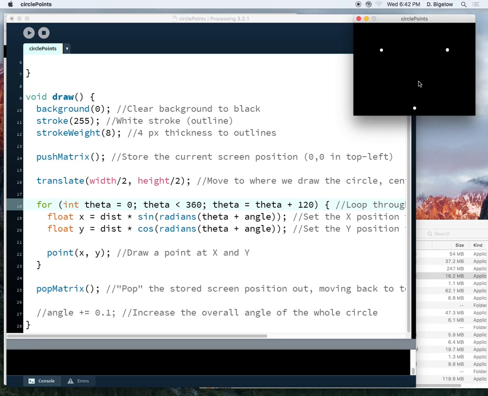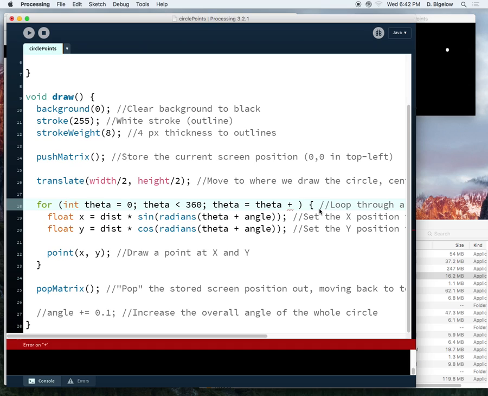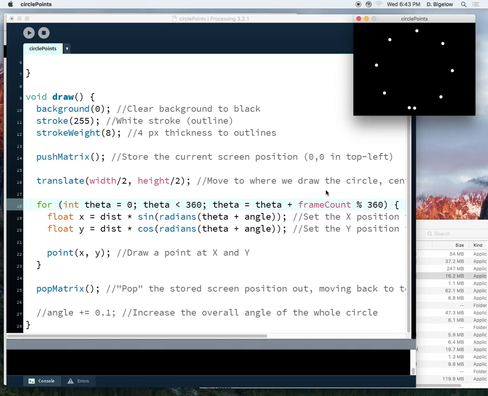So you can make a lot of interesting geometric shapes just by trying to draw points around a circle and only drawing them at certain intervals. For example, if we did frame count percent, let's see, we want it to go up to 360, so we'll just do frame count percent 360. And if we do that, we'll see that the shape changes over time until it becomes just a single point,